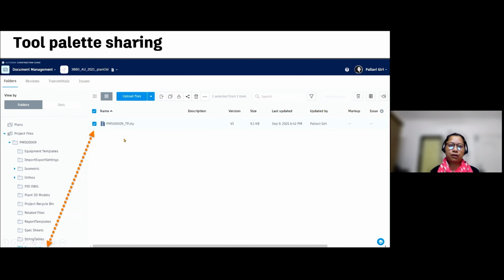So for our users, I always create a tool palette, export it first, make a zip file of that tool palette and upload it on BIM 360 Docs. So whenever a new user works on that project, he or she can download that zip file and import that tool palette in Plant 3D and start working on the project.